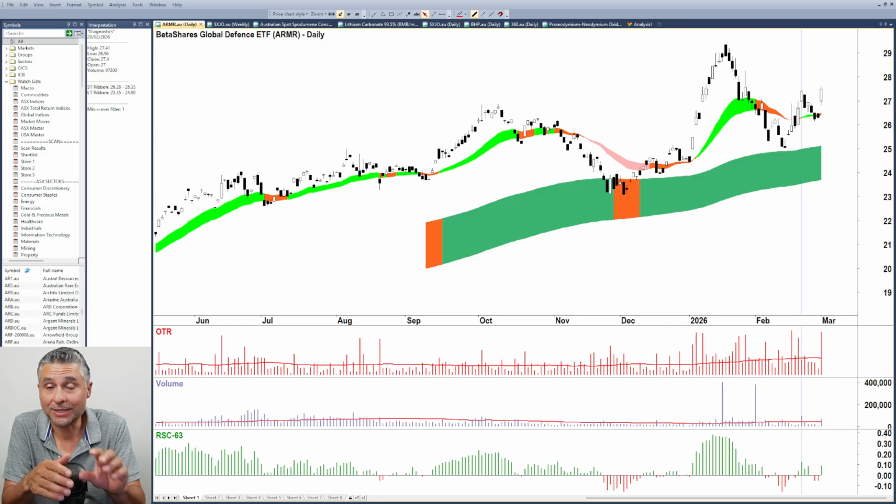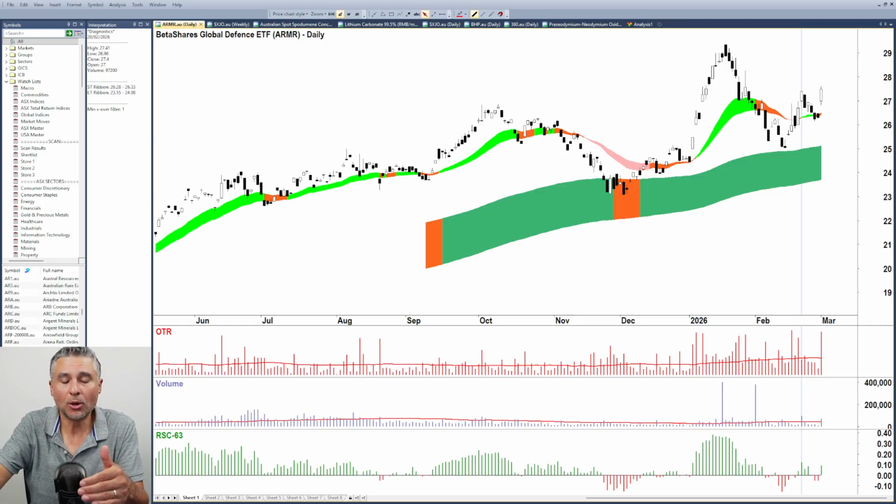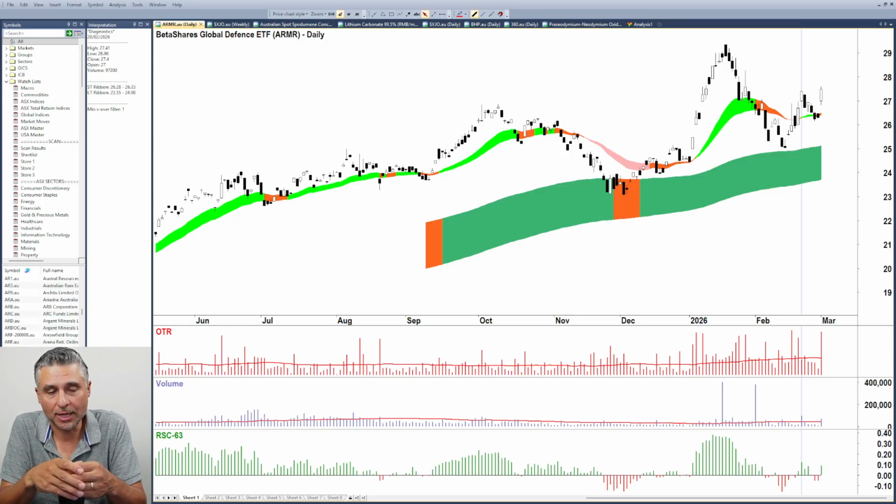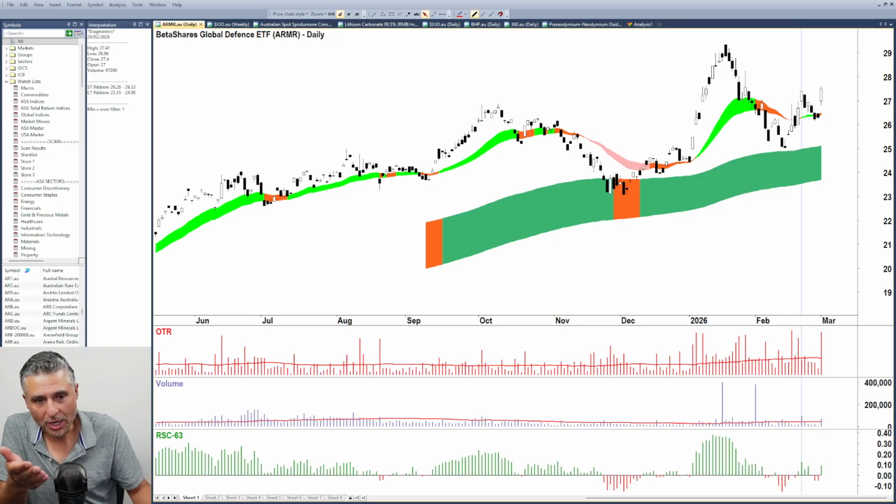Let's log that. So is that a good thing or a bad thing? Is that a more often than not the price will continue to go up, or is that a more often than not the price will continue to go down? And for me, it's more often than not the price will continue to go up. So let's put that aside. We've got the price action. Now let's try and marry together the volume and the price action. And yes, you're quite correct to say that there is above average volume. How can we check? We can check here.